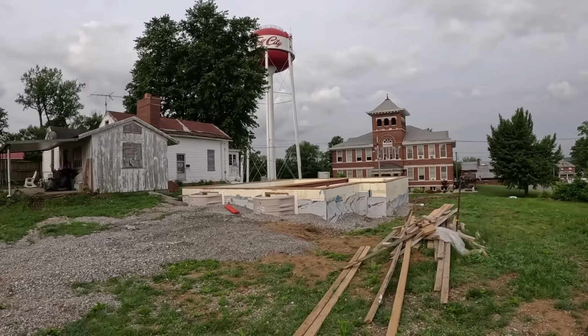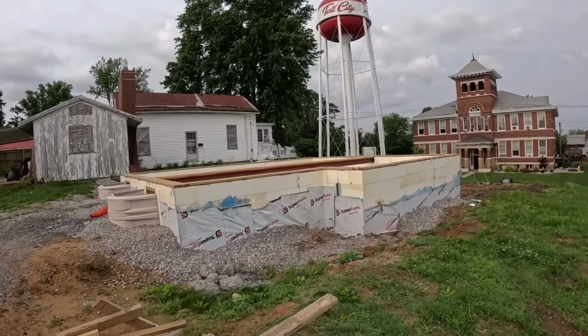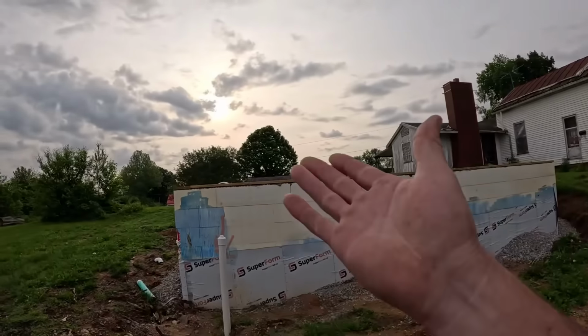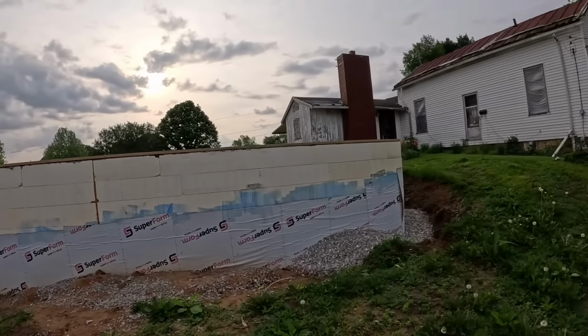So before everybody shows up and we get into a little bit of chaos here, let me kind of explain to you what is going on. If you guys remember back from whenever we were digging the basement, this is a house for our local Habitat chapter. My previous business partner now actually runs the Habitat chapter. We may get him on video a little bit later and does a really good job about it. But what's cool about this one, as you guys know from Habitat, most of the time the volunteers come in and build the house and erect it. The homeowner helps it. I guess different chapters have different ways of going about it, but on this particular house,